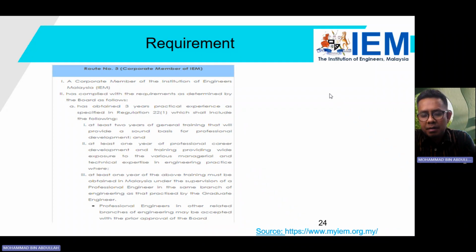Okay, first, obtain 3 years practical experience, as specified in regulation 22(1), which shall include the following. Okay, first, at least 2 years of general training that will provide a sound basis for professional development, and at least 1 year of professional career development and training providing wide exposure to the various managerial and technical expertise